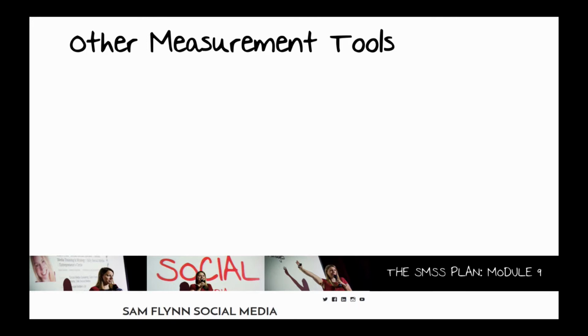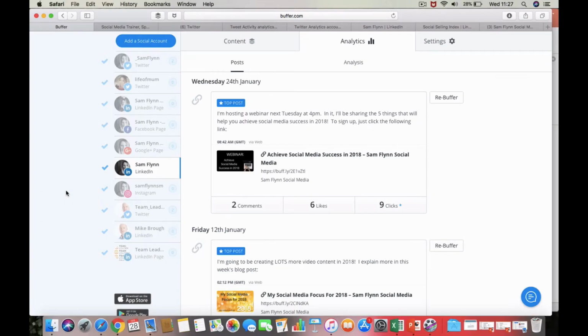So other measurement tools that are available to you, Hootsuite and Buffer we talked about when it came to scheduling content, but they're also really good for giving you some analytics around link clicks and around engagement as well. And I'll show you this on Buffer. So I'm on my LinkedIn on my Buffer account. To be honest, most of my LinkedIn activity is videos that I post directly from my phone. So this is only going to give me analytics for things I've posted through Buffer, as opposed to just everything